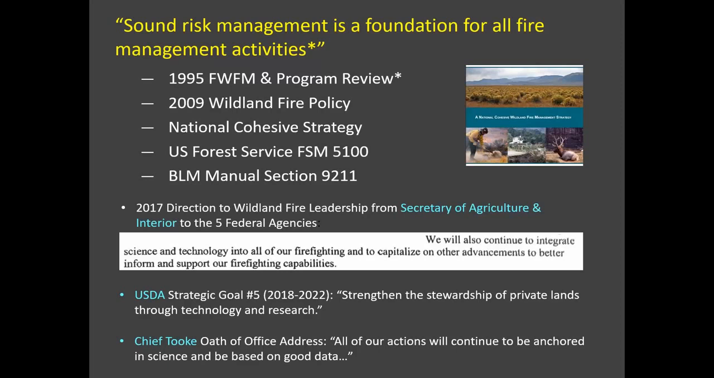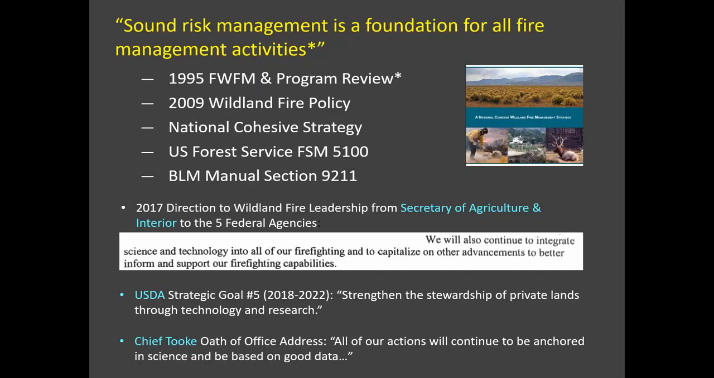So that statement we see a lot, sound risk management is the foundation for all fire management activities. That's from the 1995 program review, but it's also echoed in the 2009 guidance, the Cohesive Strategy, and you'll find elements of this in policy manuals like the Forest Service and the BLM. But this isn't just policy or documents that have happened in the past. Just recently, as this year and last year, we see this